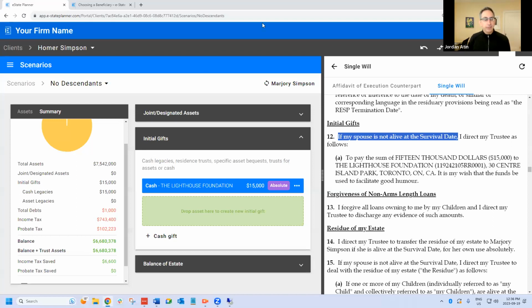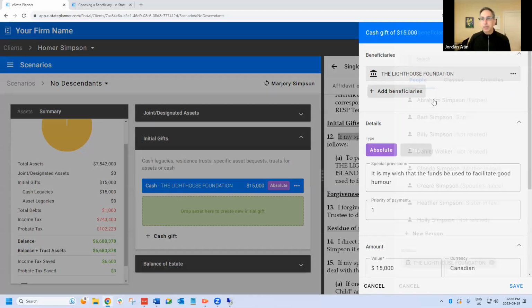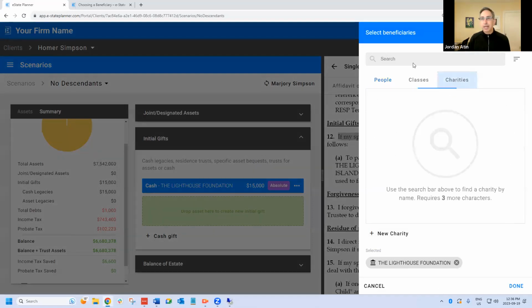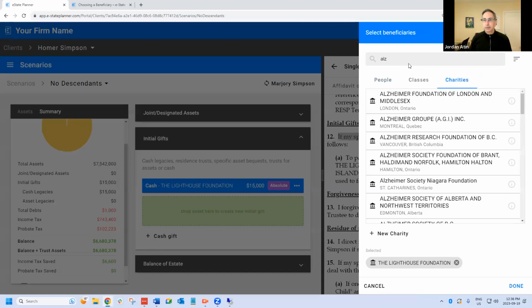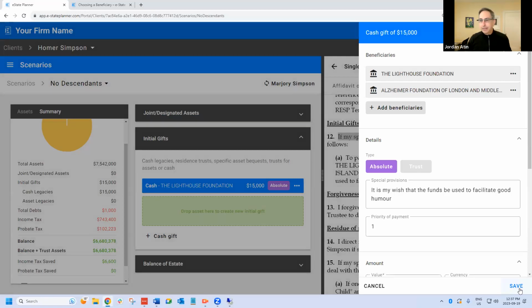So that's really how you make charitable gifts, in how you make legacies. Okay. And of course you can pick more than one charity. You can't combine them, but you can add another charity if you like. I don't know which one it might be, but let's say it's that one. And,